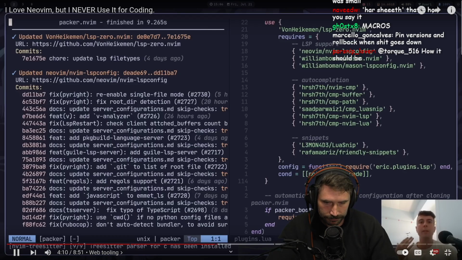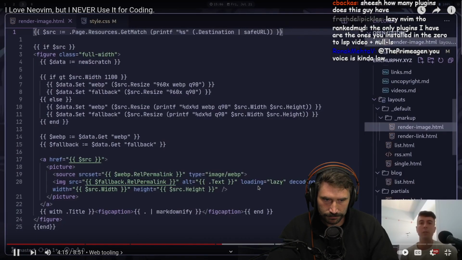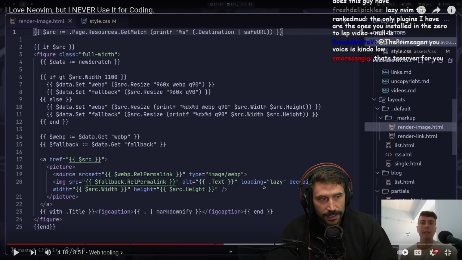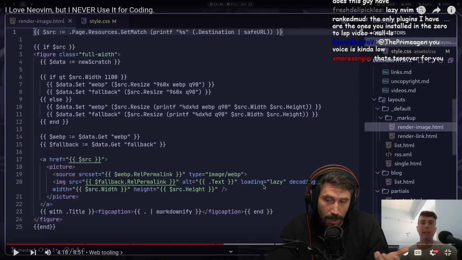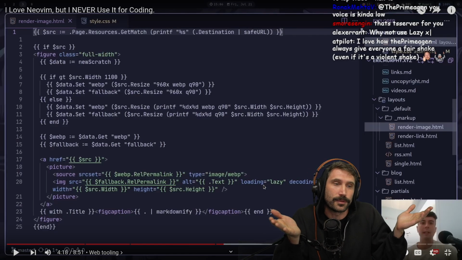Not to mention, if you're doing anything for the web, any kind of web development, all of the tooling is built for VS Code first and Vim second. And that's technically not true. At this point, most of the tooling is built for an LSP. LSPs are kind of transparent to the actual editor that it's using. And so I found most things you can have. The thing that doesn't work is Java. Java's just best done with IntelliJ. As far as I can tell, if you're going to do Java or JVM, go use IntelliJ.